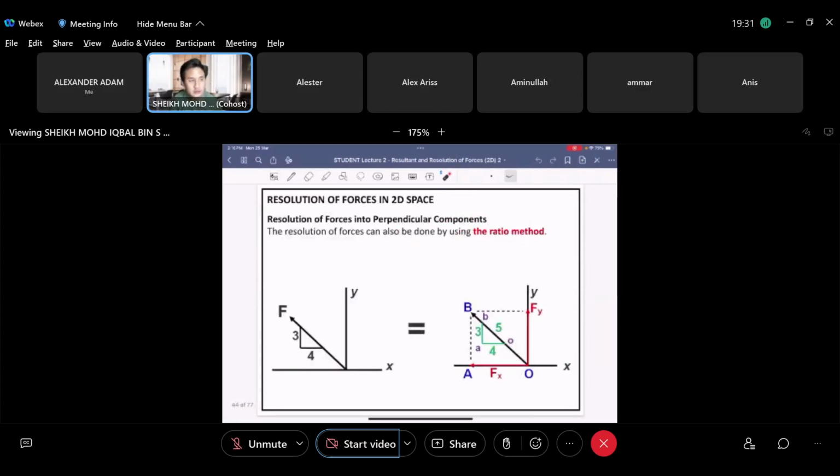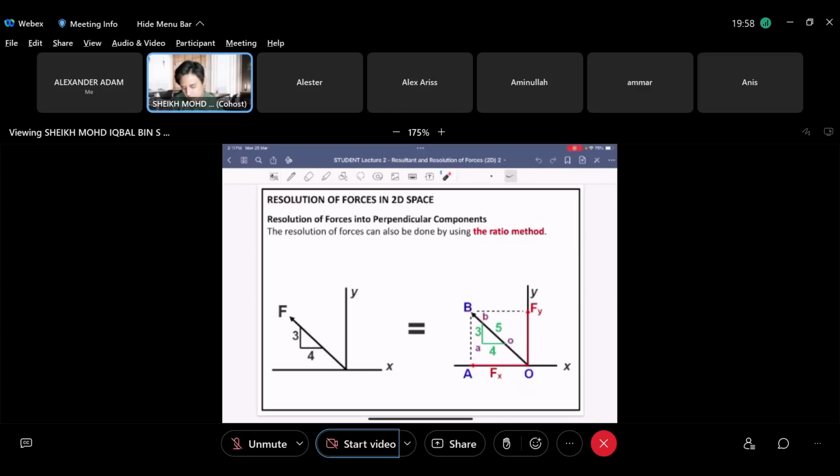So there's also another way to solve it, which is by using the ratio method, right? Using the ratio method is like this. You have your resultant force and the ratio is already given here in the triangle, right? So 3 here and 4 here, okay? So 3, 4,